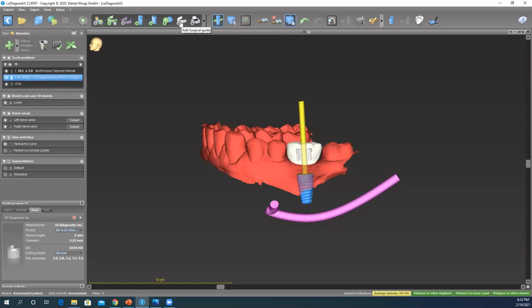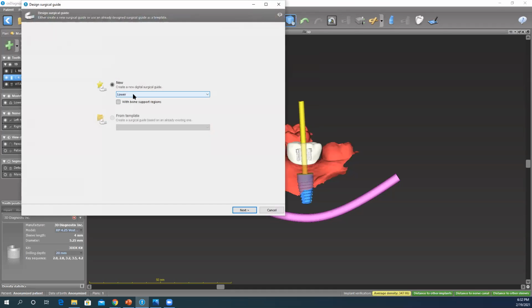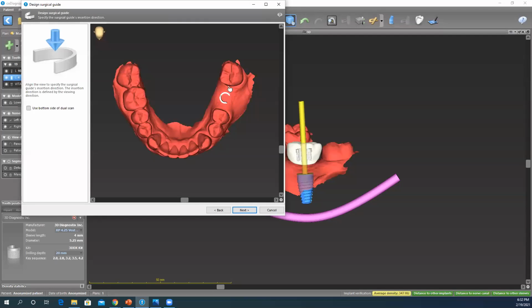To design the guide, all you need to do is click on this icon here, Add Surgical Guides, and you're going to choose the model of the patient and click on Next. In this view, you need to get the best occlusal view with the least amount of undercuts for the guide's path of insertion and removal. Once you do that and adjust the model, so you'd have the least amount of undercuts, you're going to click on Next,